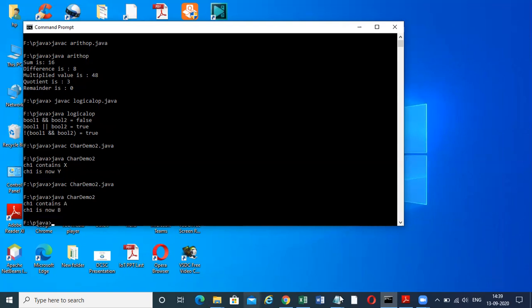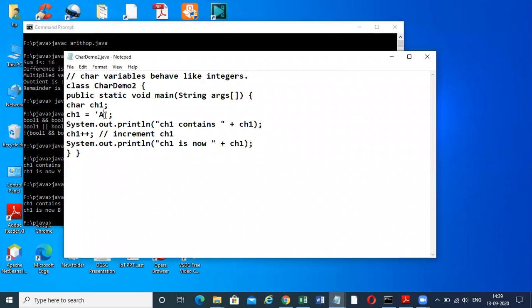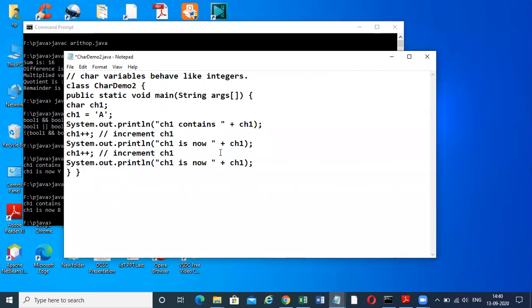now b, right? So inside this program, what I do is I assign the value of a inside single quotes to ch1. Now again, let's see one more here. I click here and I put it here, means I increment one more. Okay. Now here, let's see what